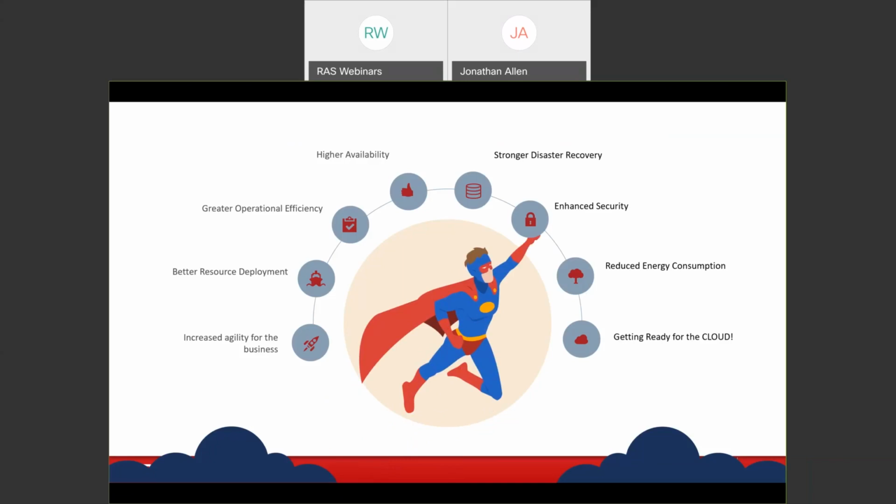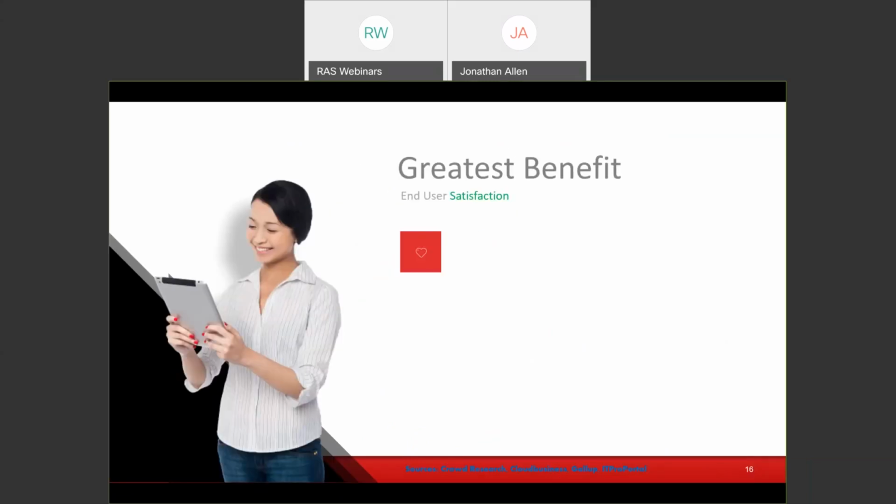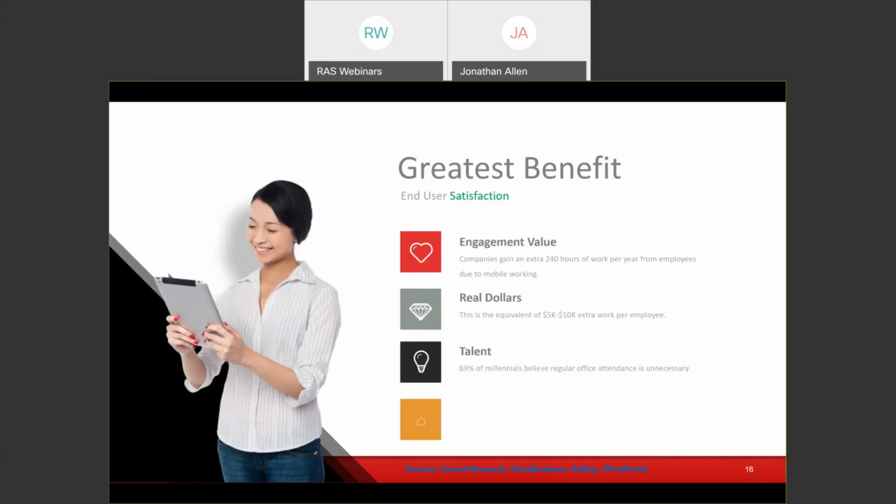And why does it make you a hero? Because again, when we roll back to what the greatest benefit of a virtualized infrastructure is, end user experience or end user satisfaction. Remember, end users that are able to work on any app from anywhere at any time on any device spend an extra 240 hours a week of work per year doing their work because they're able to access it mobilely.